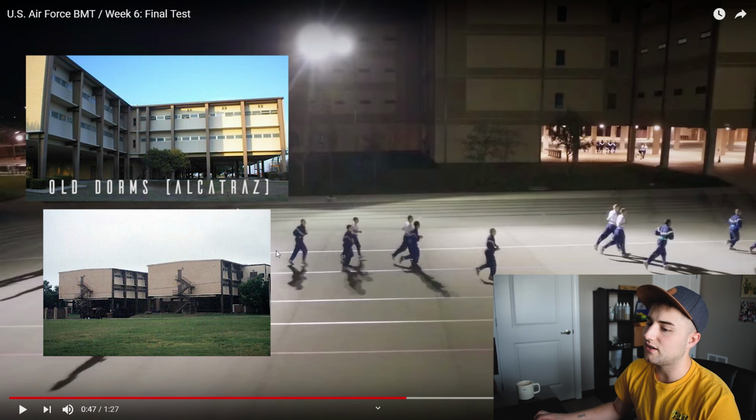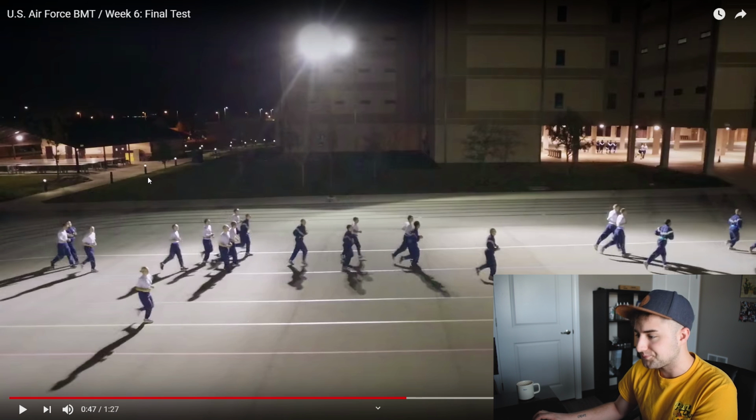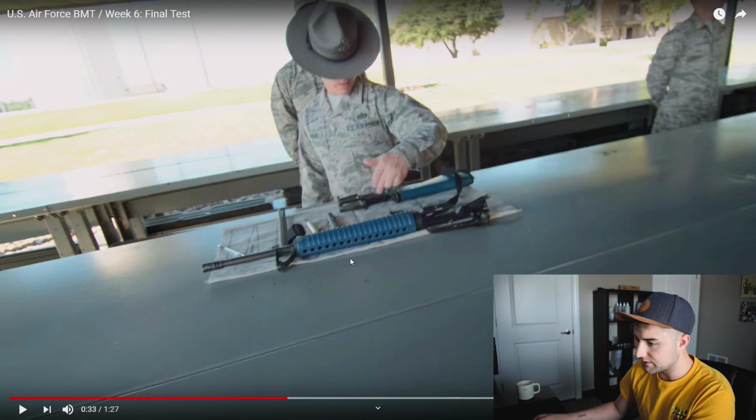track with really nice concrete, they have these things over here. I don't even know what these little areas are over here. Apparently they do their gun thing over there. So basically this right here,